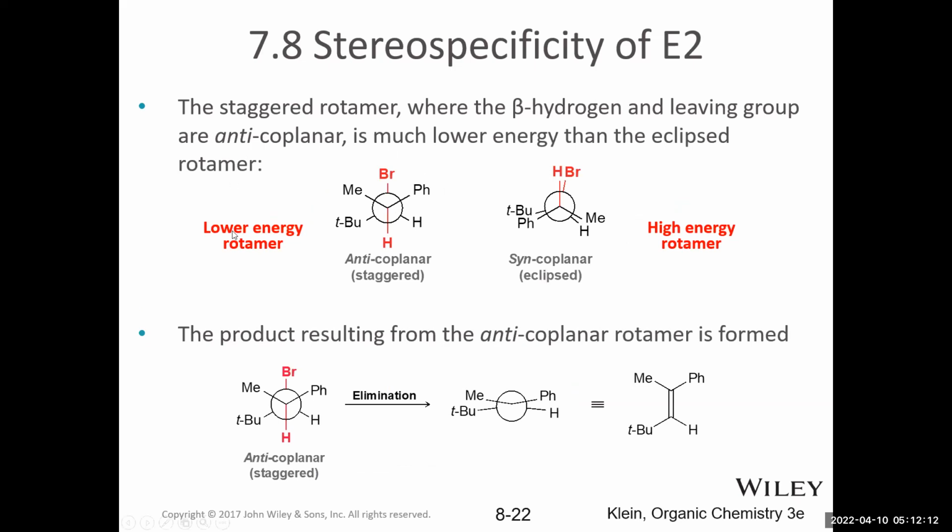So the reaction will definitely proceed through the anti-coplanar transition state because it's lower energy than the eclipsed rotamer. So again, the base is coming to take the proton. This will become a p orbital that overlaps with the p orbital on the back carbon as the leaving group leaves. So all of that's occurring in the same single step, and we form a double bond,